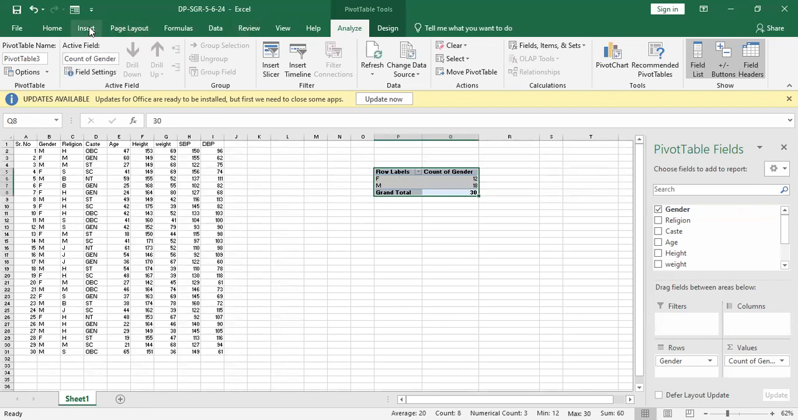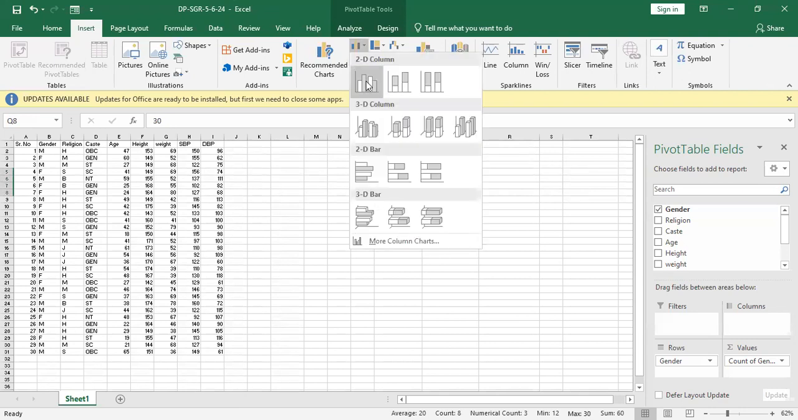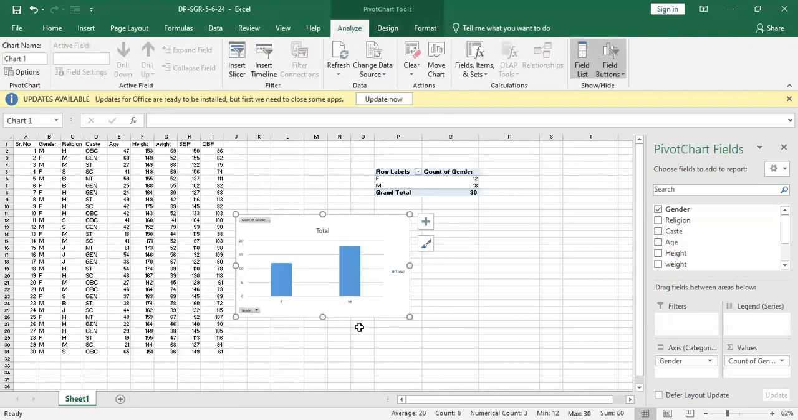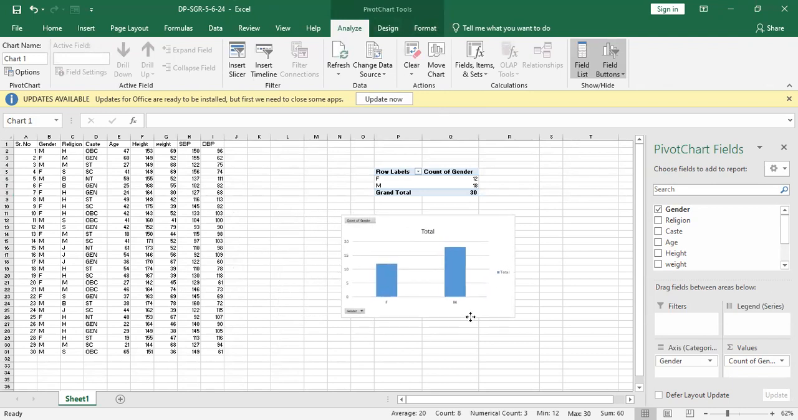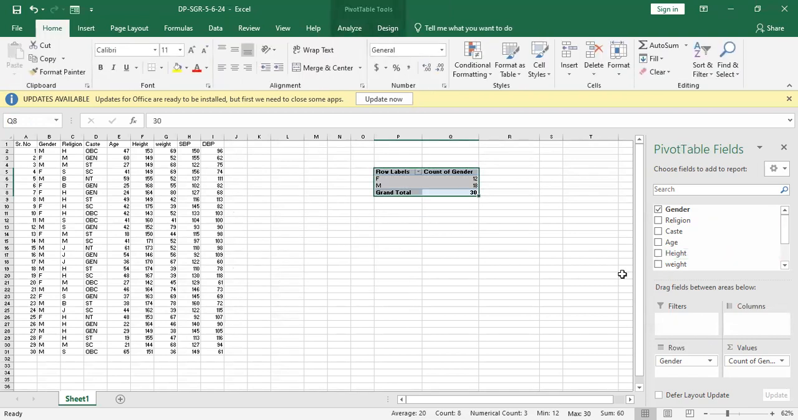And I will insert the chart. Here we can see that male and female, how many are there, are indicated by the bar graph. Now I want a percentage. So like this way, I can again perform